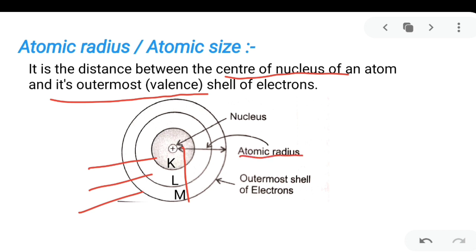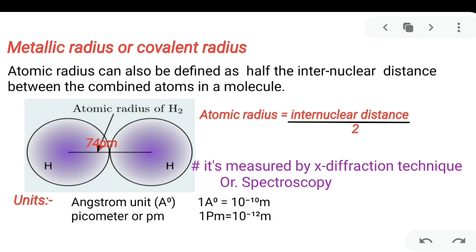But calculating atomic radius by this method has a problem. It is very difficult to isolate one atom from the substance, and also very difficult to locate the electron in its outermost shell and find the exact position of the electron. So it is a Herculean task to find the atomic radius by taking the distance from the nucleus to its outermost shell, and if we calculate it by this method, we cannot get the exact or accurate value. That's why we measure the atomic radius by taking into account the internuclear distance.